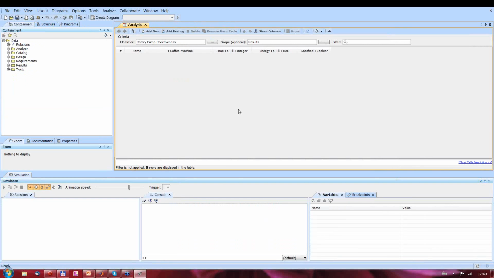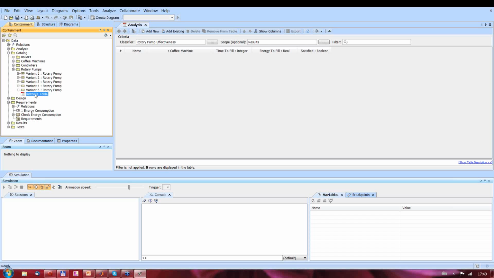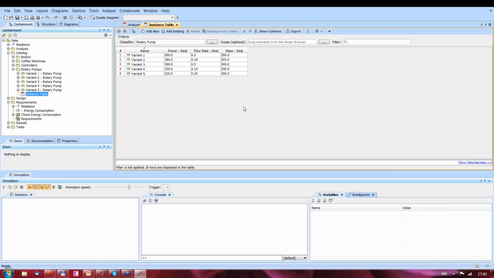Let me quickly explain what do we have here. So first of all, here we have requirements, and well, actually just before going to requirements, the case here is rotary pump for coffee machine, and we want to pick the rotary pump that is best from available variants. So if we have a table of available pumps,